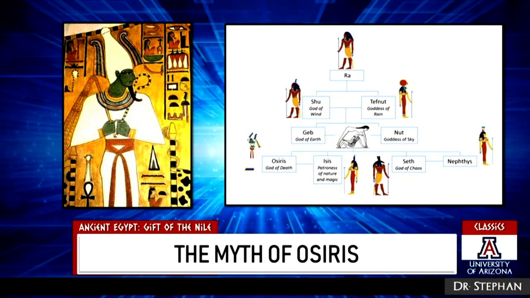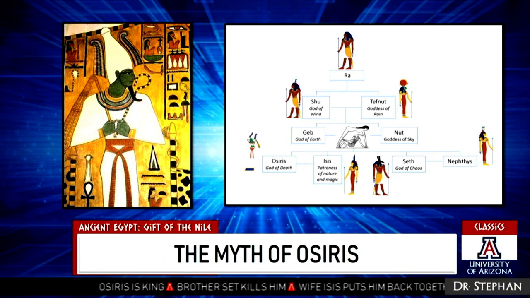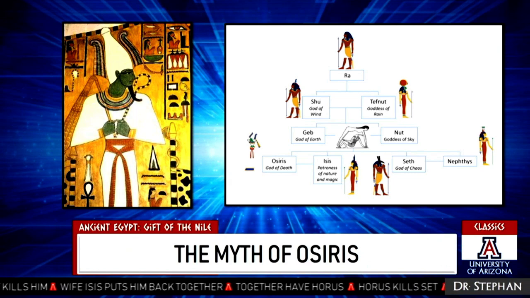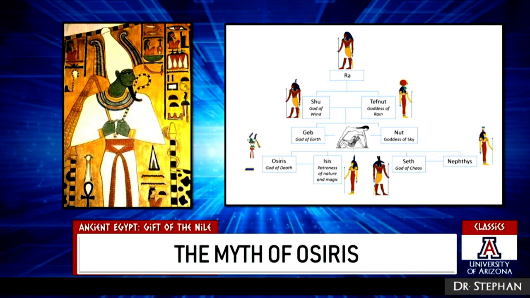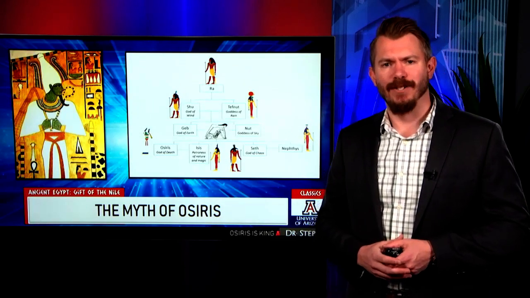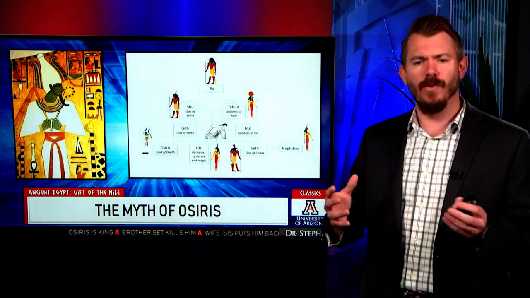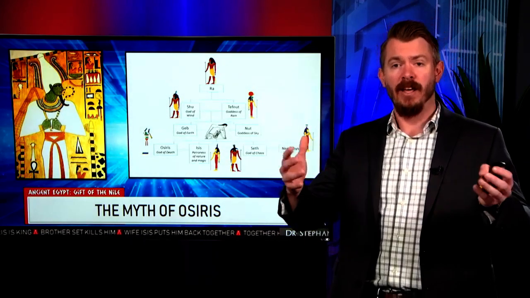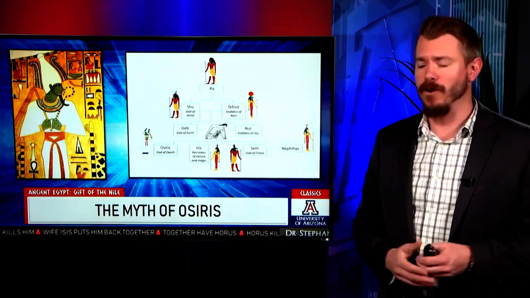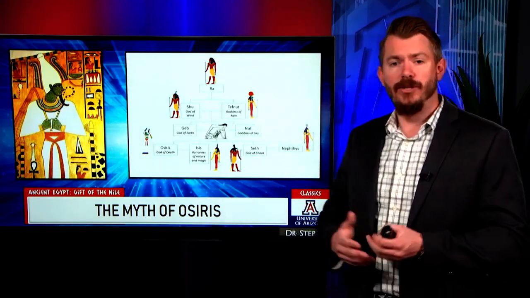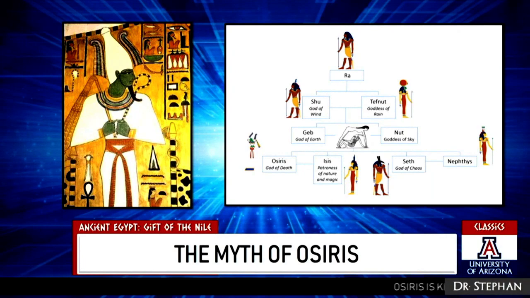One of the other things that we see during the Middle Kingdom is the rise of the god Osiris. Earlier on, we get Amun and Ra. Now we get Osiris as the main god, and he's the god of the underworld. Now, the myth that goes along with Osiris is an interesting one, and we'll do a short recap here. Essentially, Osiris is one of the early gods. Originally, he's the god of kingship in the normal world. And he's married to Isis, and he has a brother known as Set, or Seth.